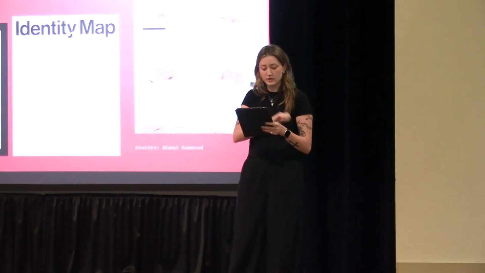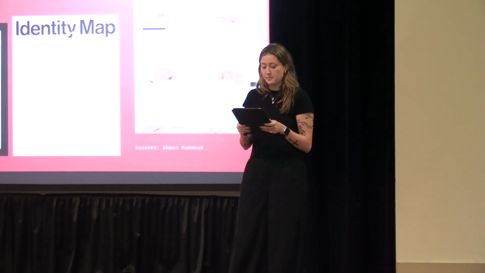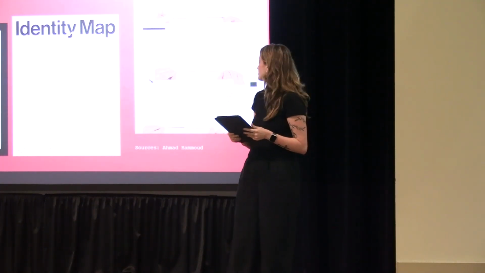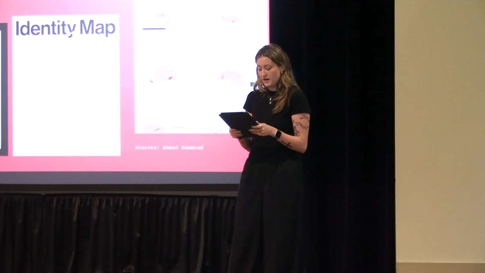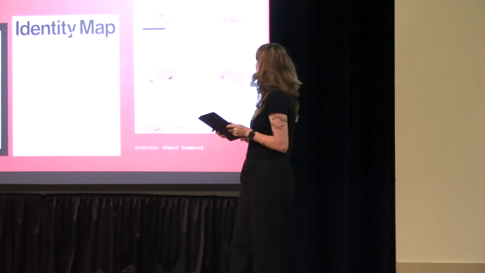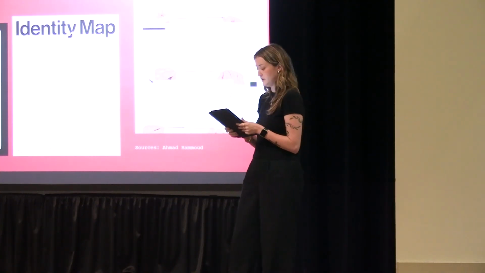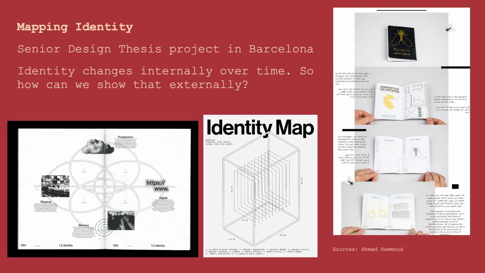Ahmad created a passport in design school, but rather than a passport for a specific country, he made a passport for the stateless. And while it is likely too small for you to read, I'll tell you a little bit about what's going on in this passport. So, on the left side, where the country is normally shown, he's placed Pangaea, the supercontinent that existed millions of years ago, combining all of the continents into one.